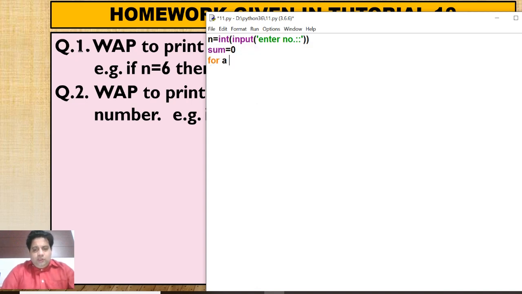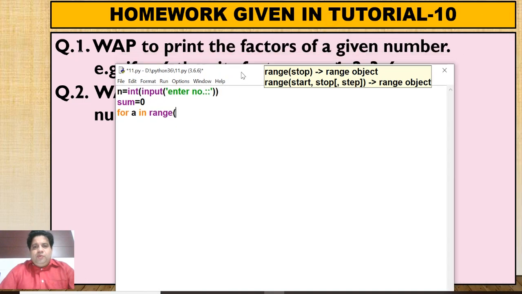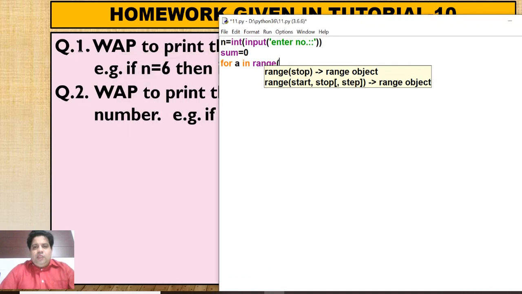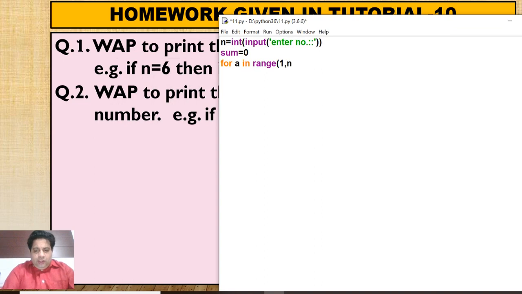Now execute the loop for a in range. It means what we have taken from the above program: the execution of loop 1 comma n plus 1 comma 1. In the above program we were also executing the loop in this way only. So now in our program we are finding the factor.